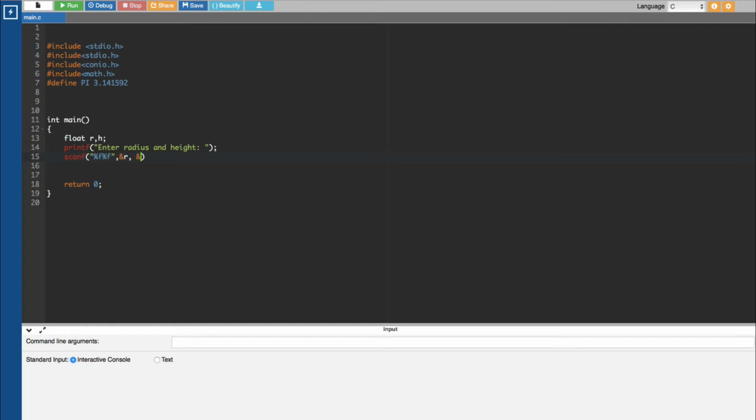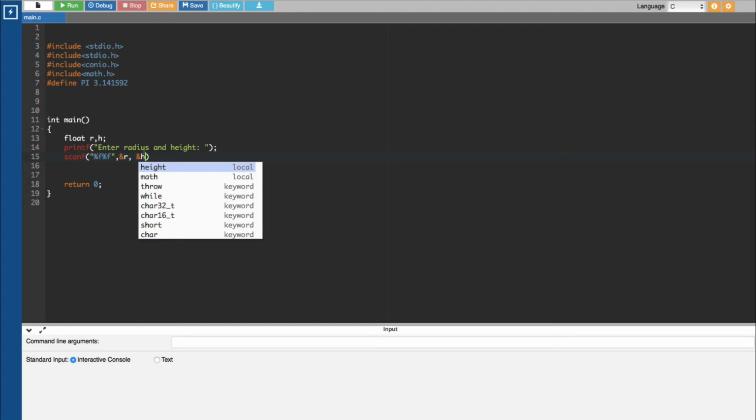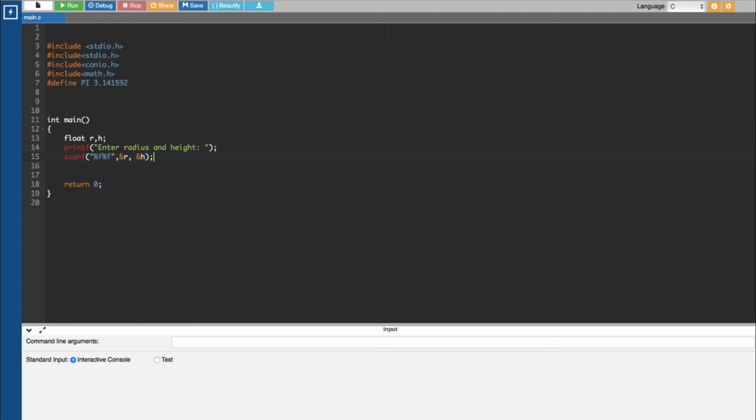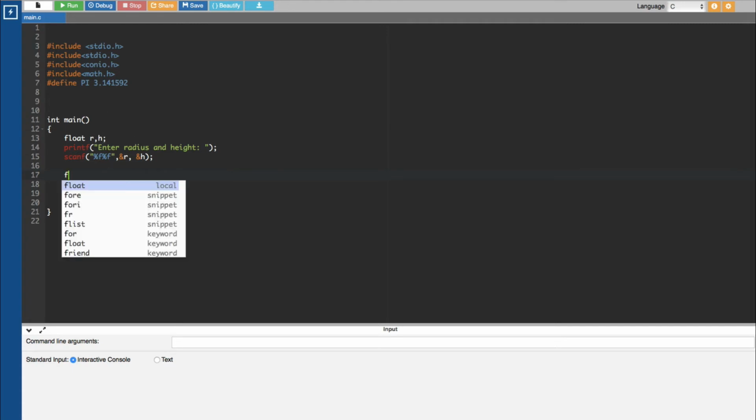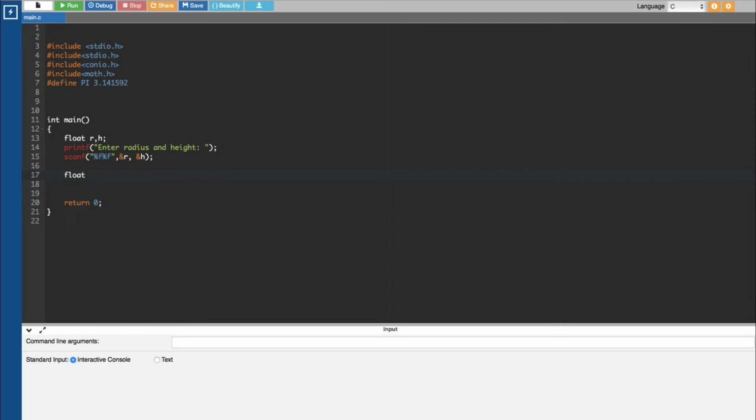So we put &r and &h because we declared r and h, so it's going to be stored in r and h. Okay, now the next thing is we have to create an equation for the volume. Here we are going to say float. Since I didn't declare a volume variable, you can declare it right here, or you can directly declare and equate. I'm going to directly declare this one and equate to the equation volume, float volume,